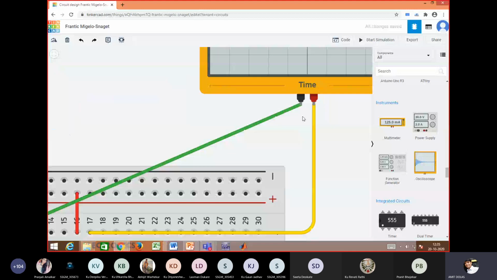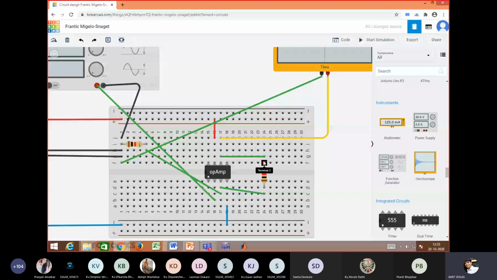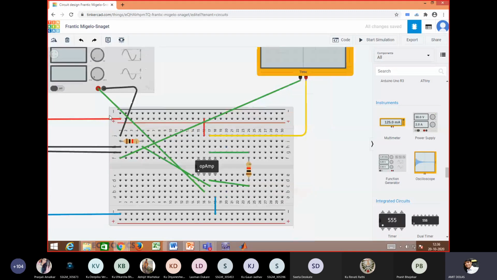Positive is in the proper terminal? This pin number 6 is the output. Pin number 6 to a resistance into pin number 3. Then from pin number 3, a resistance into the ground terminal. These are all ground. One of the terminals is negative, which goes to the ground. Again, coming to the function generator, negative terminal into the ground, positive terminal of the function generator is to signal, that is pin number 2 of the IC.